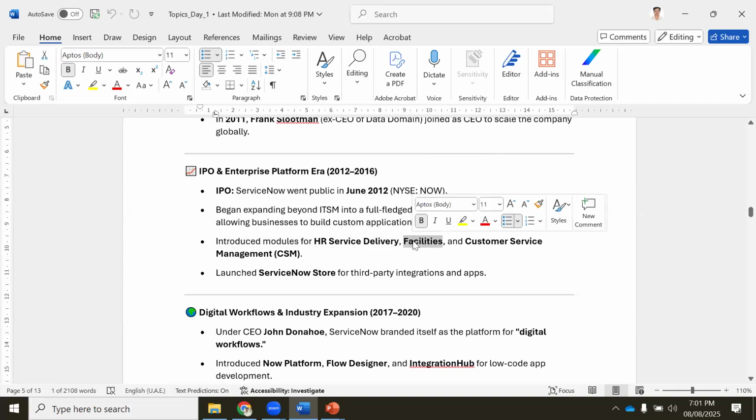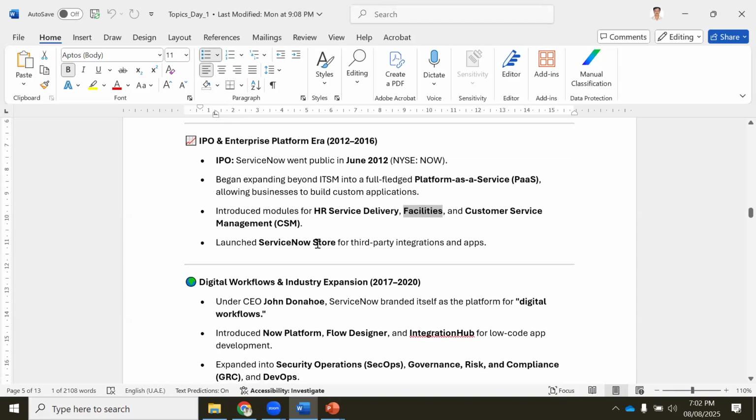How do you record your tickets? You raise a request in ServiceNow, and it will go to the facility team. The facility team will provide you a chair, table, fan, AC, water, all those things they will arrange, correct? So, customer service manager, we discussed CSM. CSM is nothing but, when you call customer care, they will record your cases, correct?